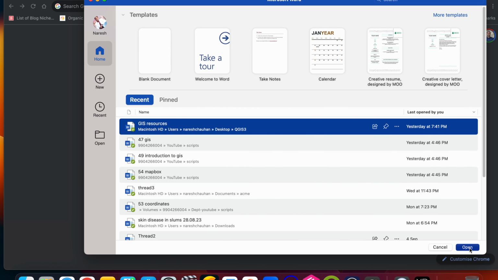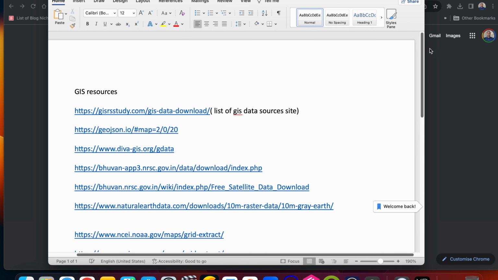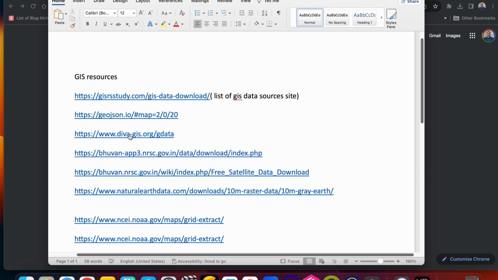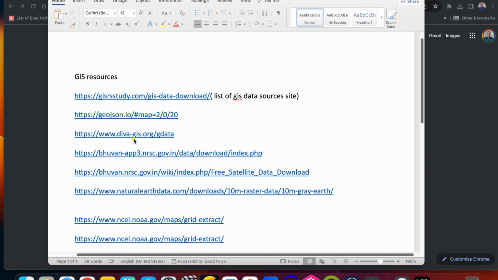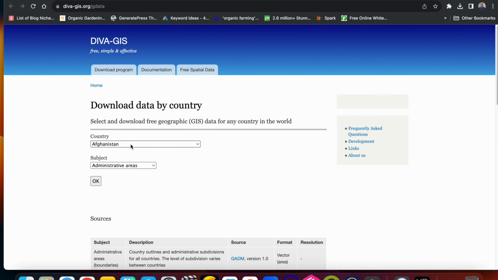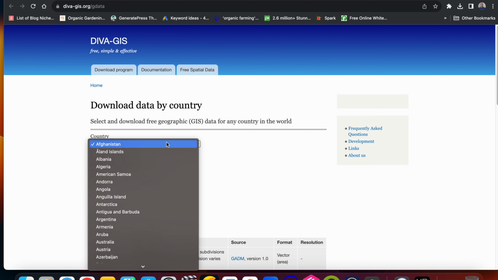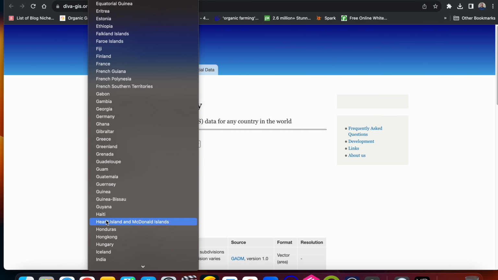This is the file which is having all the resources. So one is this file, www.diva-gis. So click on that, open this link. Alright, so this is the source from where you can download your country specific data. Suppose I am selecting India,